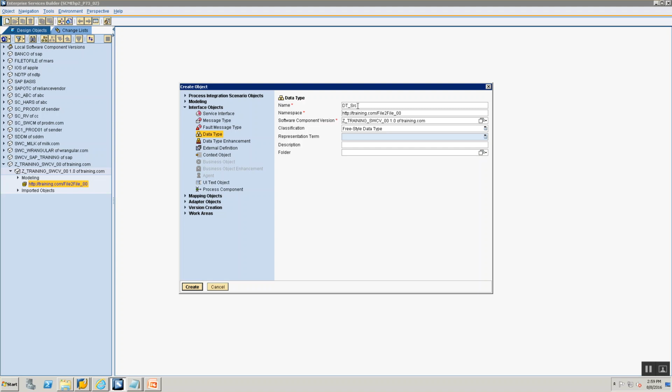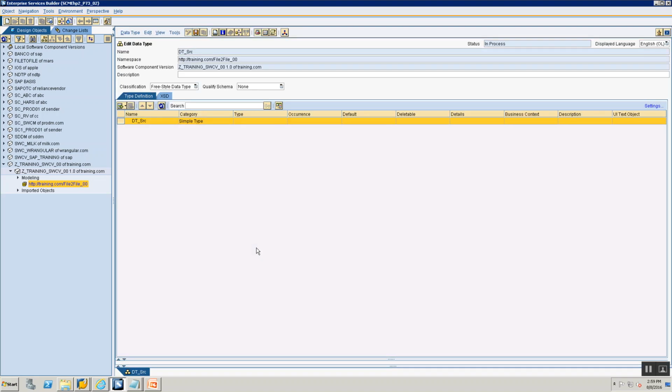Give the name of the data type. It is going to be dt underscore src. The combination of the name and namespace should always be unique. So I'm creating a data type by the name dt underscore src, and I say create. The data type editor will open. So PI is intelligent enough to know for this object, this is the editor, and it will open the corresponding